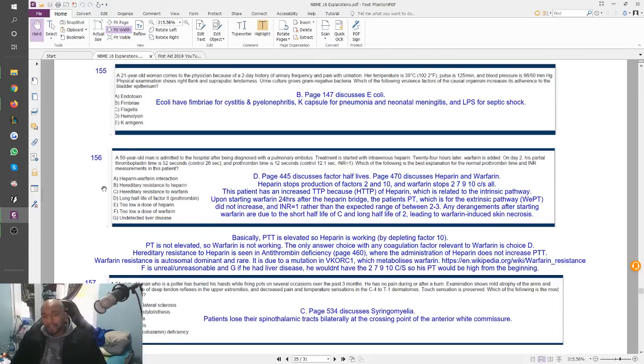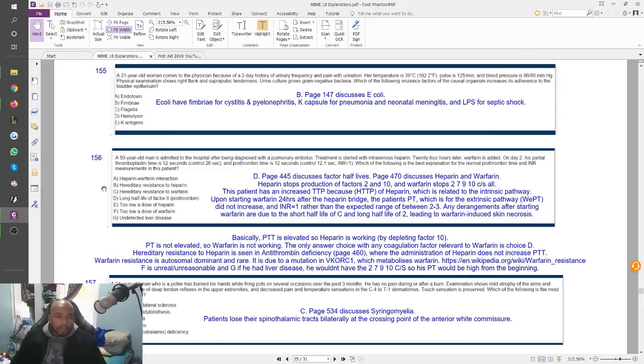So protein C and S are supposed to stop the coagulation cascade, right? If you start somebody on warfarin, you kill protein C first. Now you cannot stop the cascade, but factor 2 is still there, so you end up having hypercoagulation. So in this patient, they're doing the right things, right? They gave heparin first, then they started warfarin. However, even after starting warfarin on day 2, his PT is still pretty much normal.